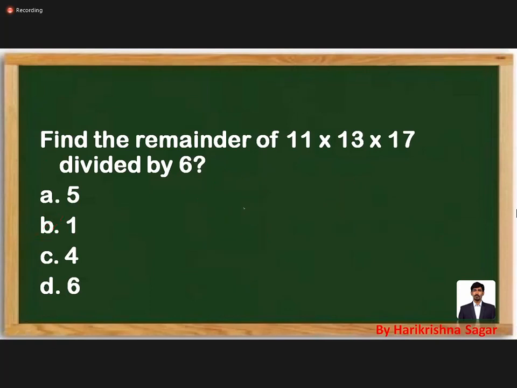Or otherwise you can also introduce the negative remainder concept. Negative remainder means instead of checking how much it is more, you can check how much it is less. 13 by 6, we can directly say remainder is 1. 6 twos are 12, we are left with an extra 1. So 17 by 6: 6 into 3 is how much? 18. 17 is 1 lesser. That's why we can take minus 1 as a remainder. Because if it is 18, remainder is 0, and 17 is 1 less. Here also, 11 by 6: if it is 12 by 6, remainder is 0, and 11 by 6 is 1 less. So plus 1, into minus 1, into plus 1, into minus 1 gives an overall remainder of 1. Mark it as option B. This is using the negative remainder concept.